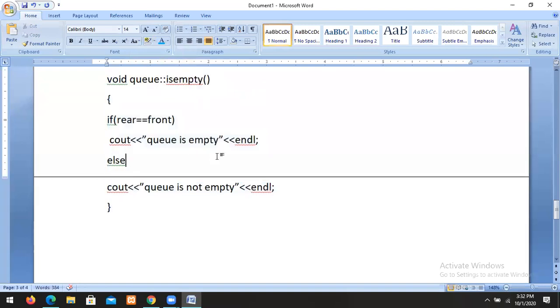So if rear equals front, then the queue is empty. Otherwise, the queue is not empty.